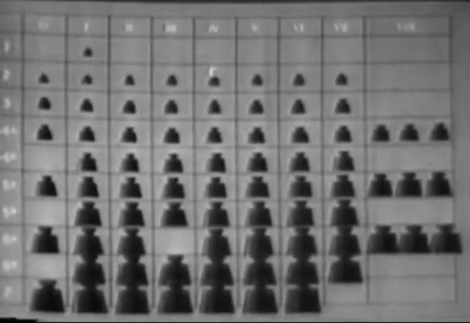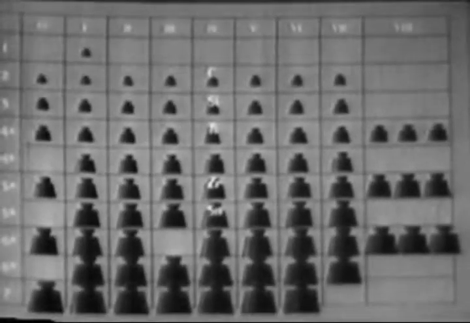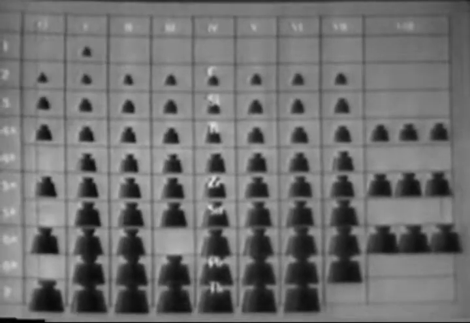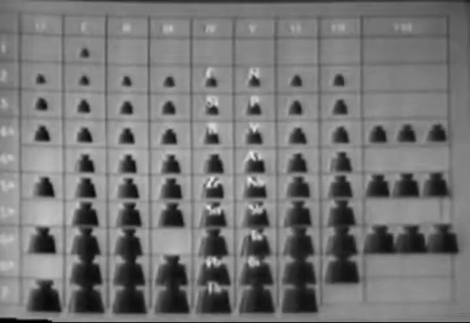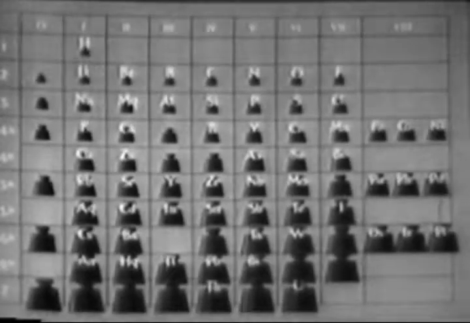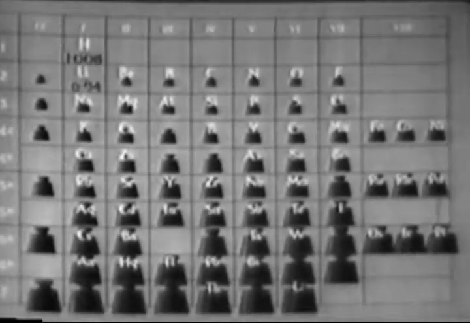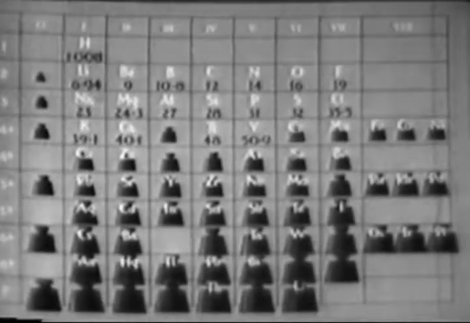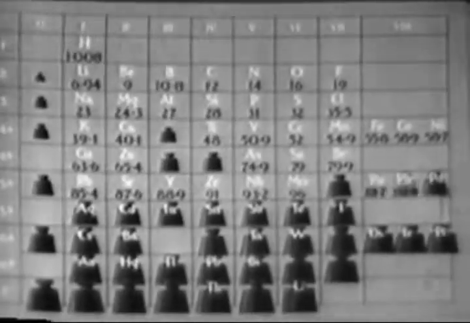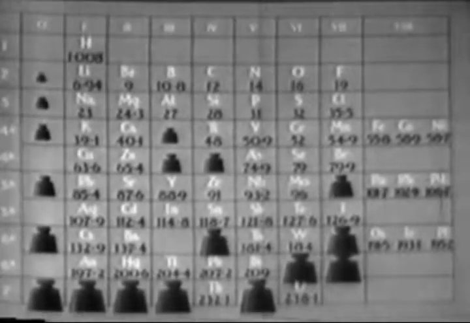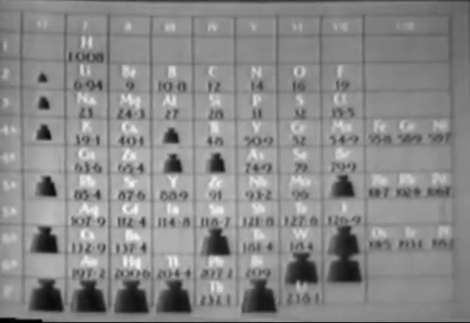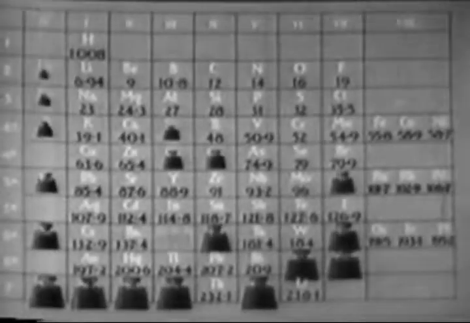Thus, the column headed by carbon contains a group of elements with mostly similar properties. The next column contains another group of similar elements, and so on. Now, from left to right, the elements are arranged in ascending order of atomic weight. The whole table fits together like a puzzle. The properties and place in the table of unknown elements were predicted, and the discoveries of later years proved the accuracy of these forecasts.